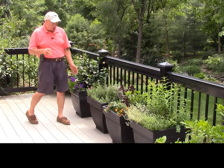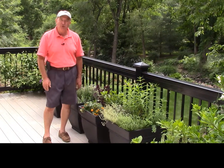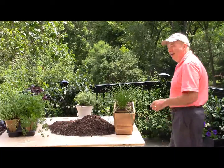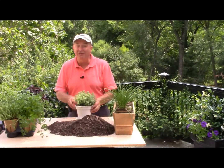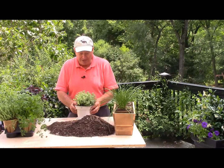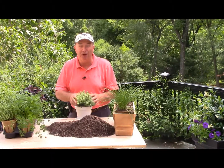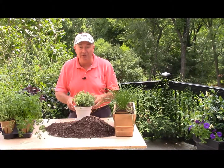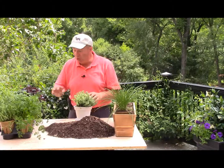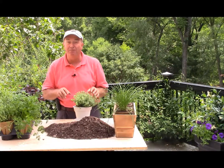Growing herbs in pots and containers on a deck or patio is a great way to have fresh herbs ready for use at a moment's notice. Now, what's neat about this too is that you don't even need to have a patio or a deck. It may be that you're in the city and all you've got is, say, a sunny balcony, a roof garden, or maybe even just an apartment with a sunny windowsill. If that's the case, you can still grow and enjoy a whole range of herbs and use them in your